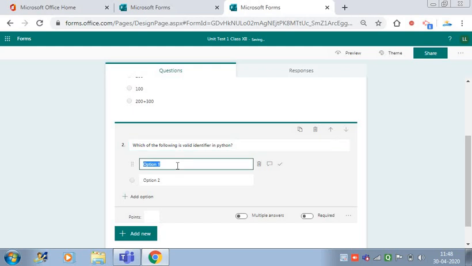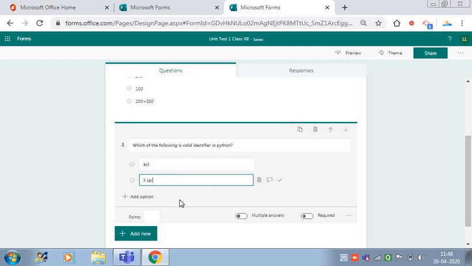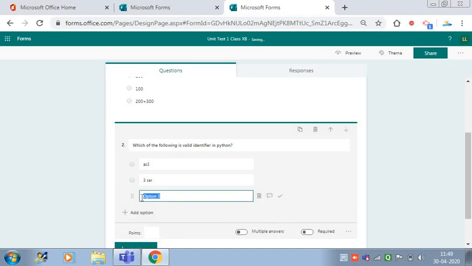So my options are ASK3, AS3, 3SER. We can add more options, AS_3.